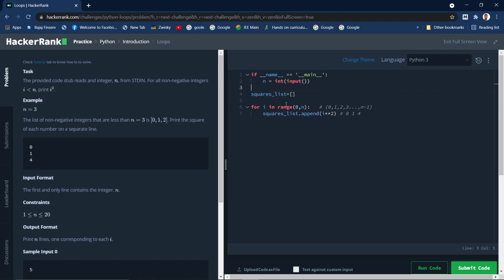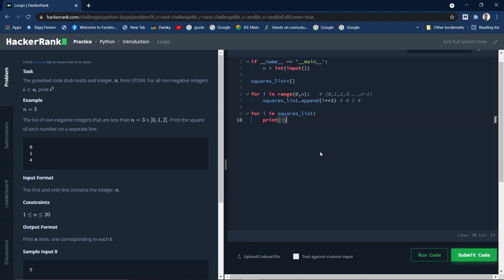In this way we got the squares of all the numbers which are less than n. And using another for loop we can print: for i in squares list, print i. This first for loop will calculate the squares of the numbers less than n, and this for loop will be responsible for printing.